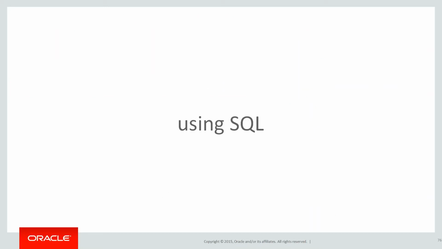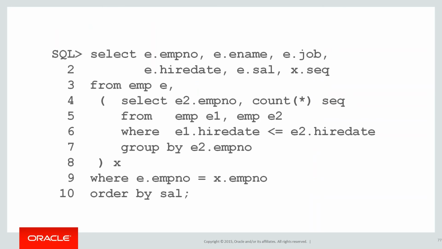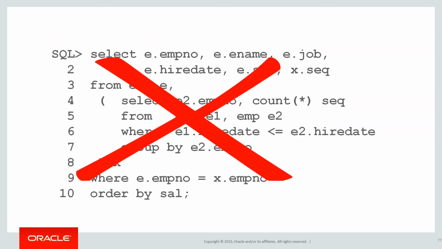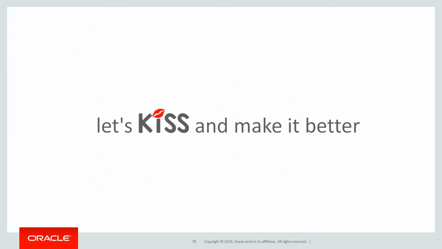Now using SQL, and this is why web developers have steered clear of this in the past, this is how you can do it in SQL. I have no idea how that works, but it does. It's an inline view and a correlated subselect, and as a JavaScript developer, I'm going, no way, I'm not doing that. I'll just do it post-processing once I get the data.